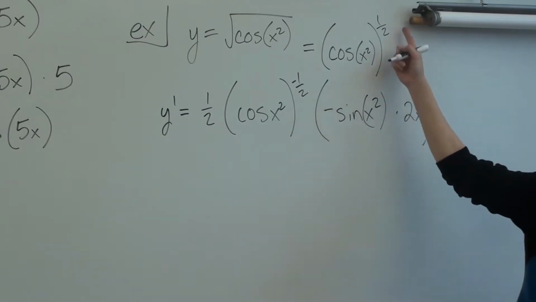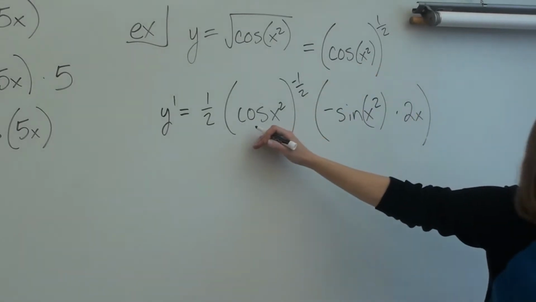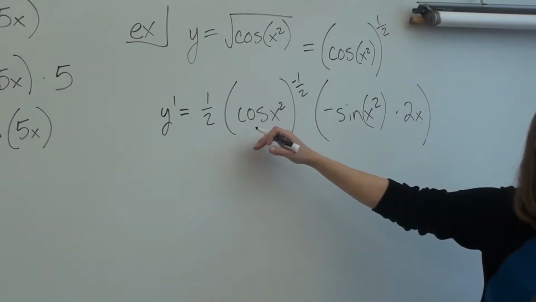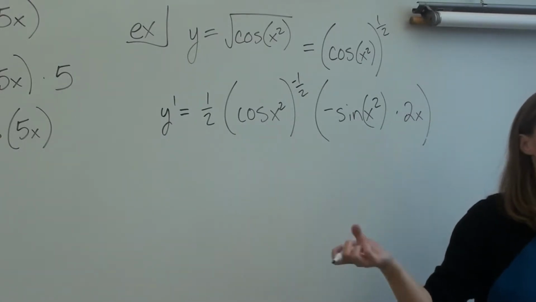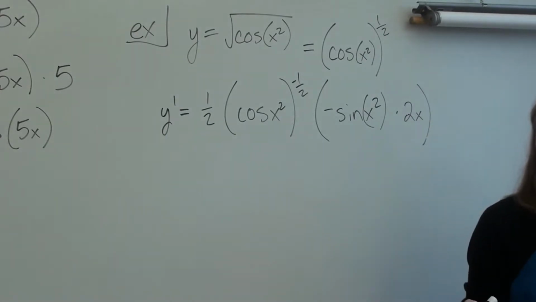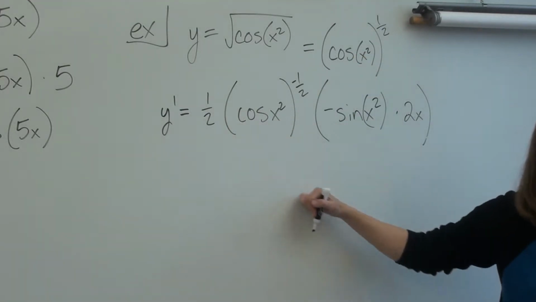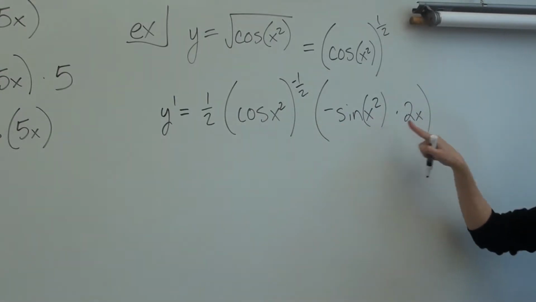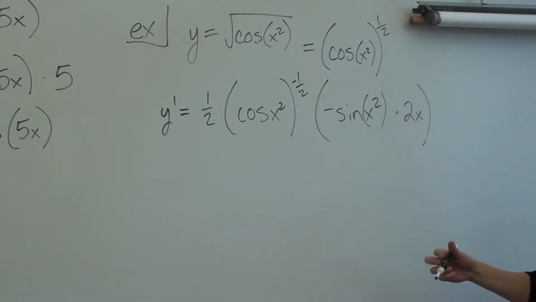Okay, so the first part is just chain rule, outside in, so 1/2 times whatever's in there, which never changes, to the negative 1/2, right? Because a couple of you on the test before did chain rule and did the derivative of the argument inside. It was for the log problem. So anyway, the argument doesn't change, right? Then on the outside you multiply by the derivative of the argument. Derivative of cosine x squared is negative sine x squared times the derivative of x squared. So it's kind of like a multi-layered chain rule, right? A chain rule within a chain rule.